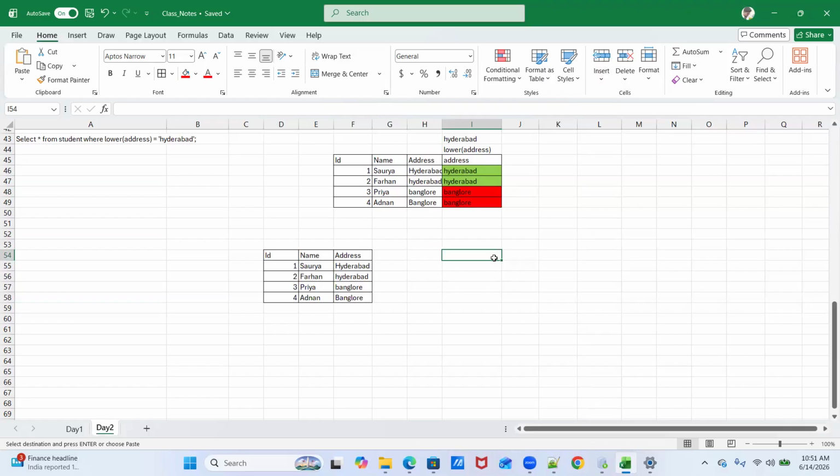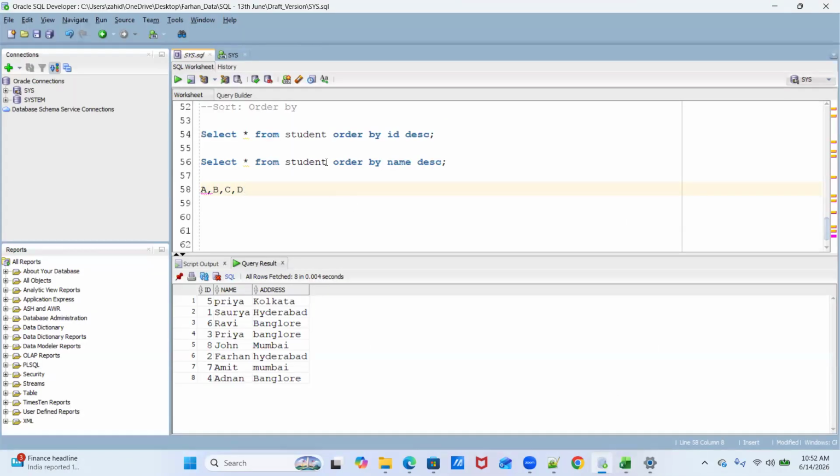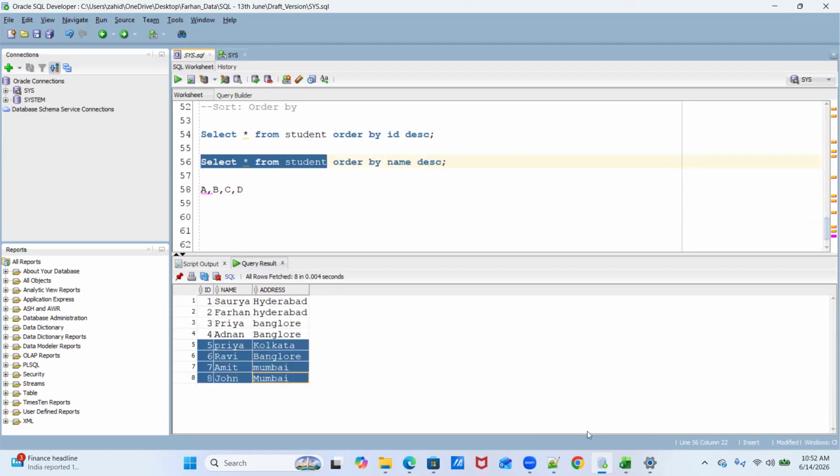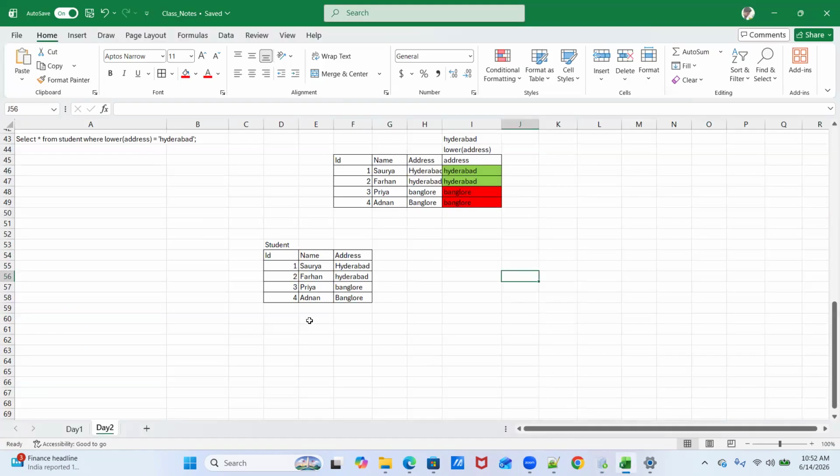We can discuss that, or we'll try to explain it. Now this is my table, the student table. Now I want to sort it based on the ID column. That was clear. Now we have 8 records.